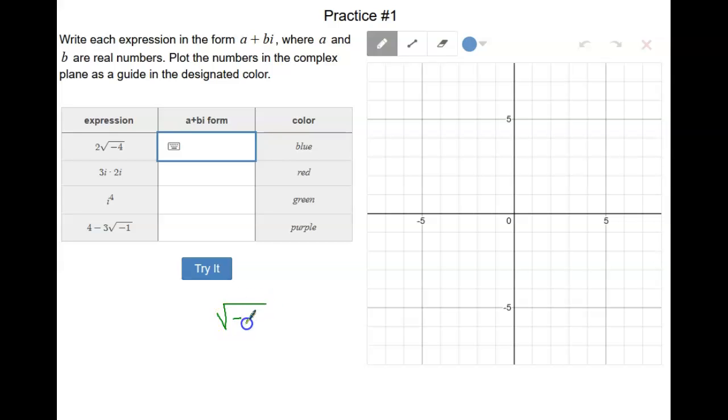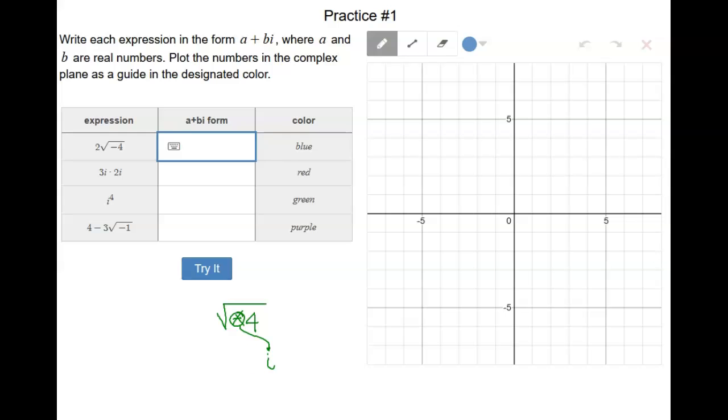So when we take the square root of a negative number, remember that the negative part becomes the i, and then we just take the square root of the number that's left under the radical. So the square root of 4 would be 2. So this answer here would be 2i. So if we graph that in the color that they want us to graph it,